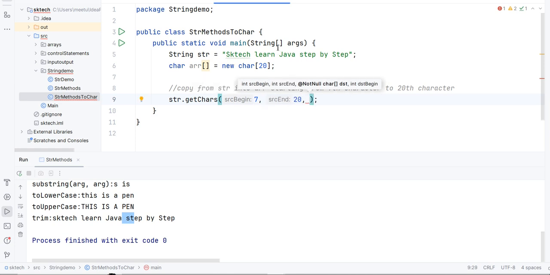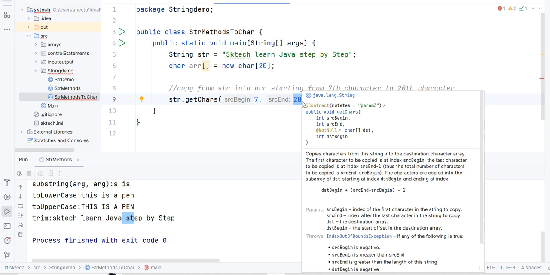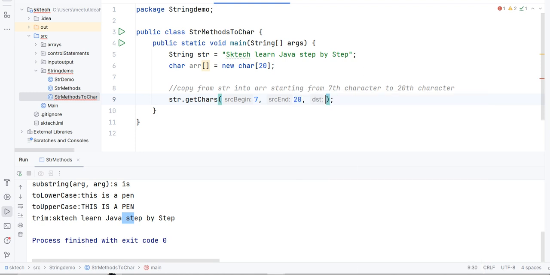This method is useful to copy from a string to a character array, and from this string it is going to copy from the beginning position to the ending position minus 1, similar to the substring we have seen. Whatever ending position we provide, it copies up to the ending position minus 1. This is the third argument, right? So let's provide the array, and then the destination begin position in this array is 0.